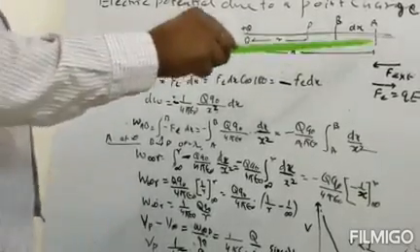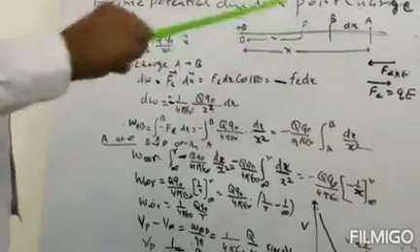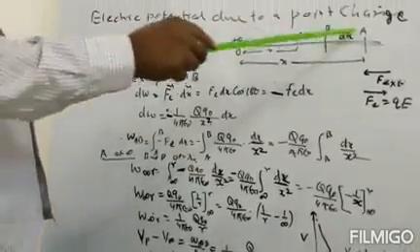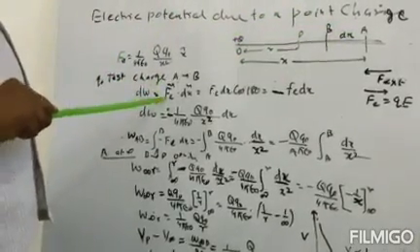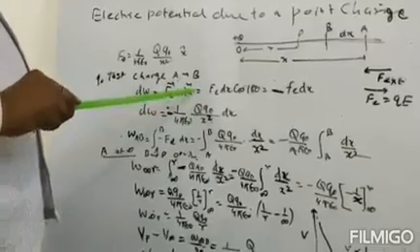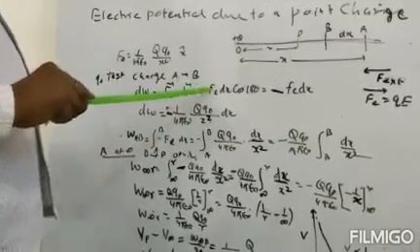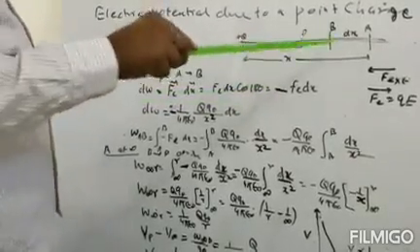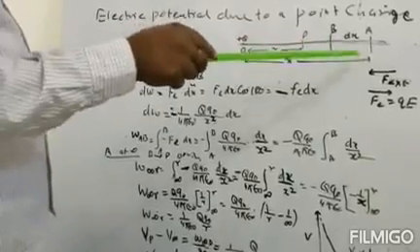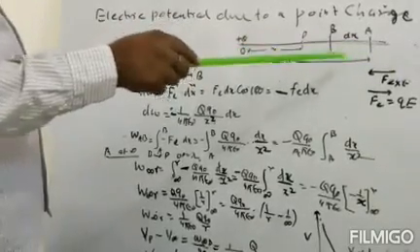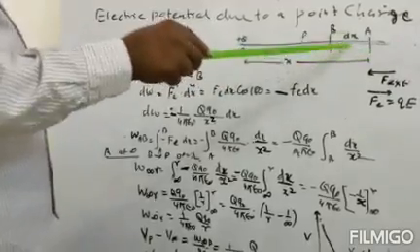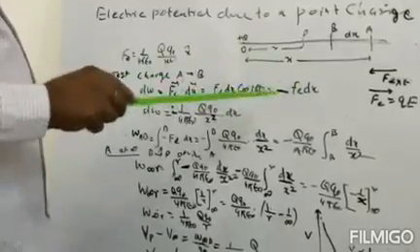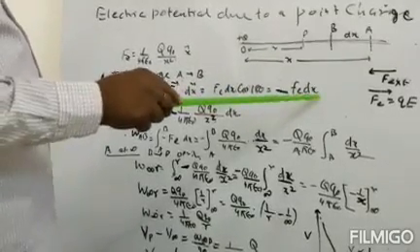Now Q0 is a very small charge and we want to bring the charge from A to B, so the small work done will be equal to F electrical dot dx. This will be equal to F, the electrical force, into dx cos 180, because dx is in one direction and this force F is in the opposite direction. So the angle between the electrical force and dx is 180, and cos 180 is equal to -1. So this work done will be equal to minus Fe into dx.